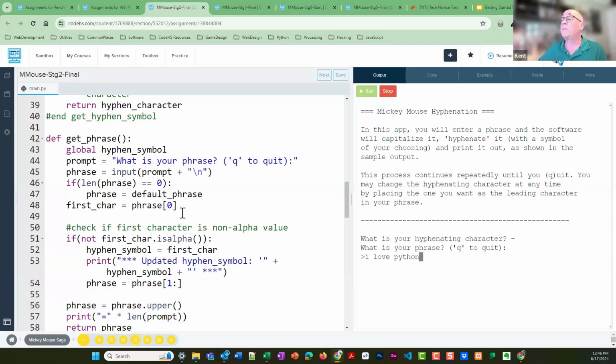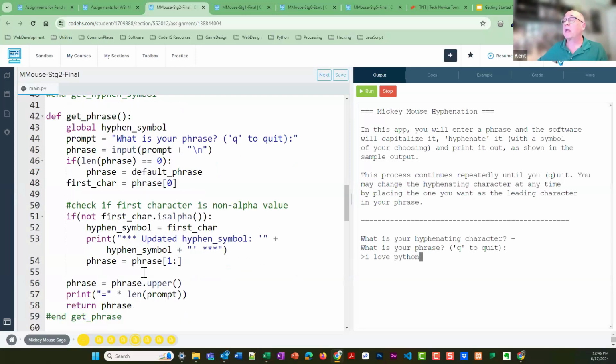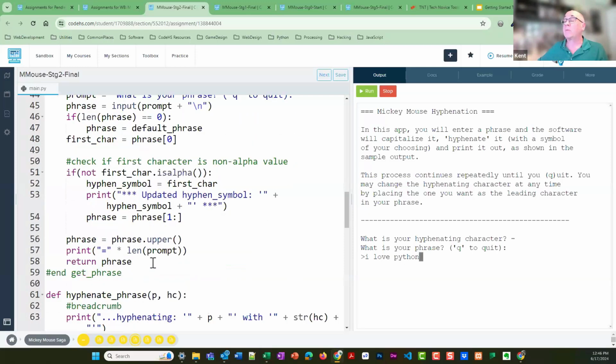And so then when I grab that first character, if it's alpha, if it's not alpha. So this is magical. Java, I'd like to see you do this because it reads like good English. If not, the first character is alpha, then I'm going to let it be. I'm going to update my symbol to be something that I need it to be, and then I make it uppercase, etc. Now, I'm looking at the time. We've got about 15 minutes.